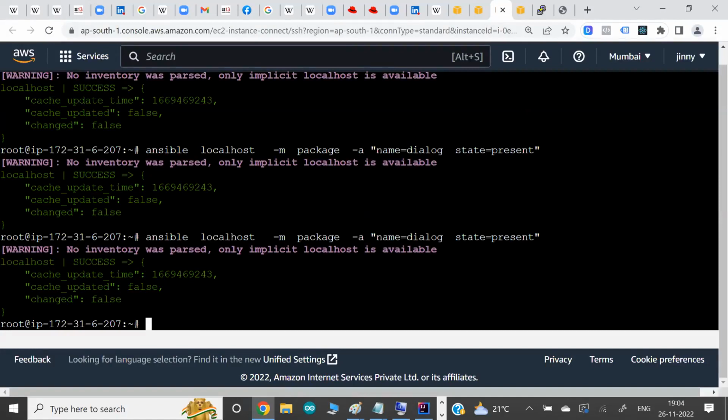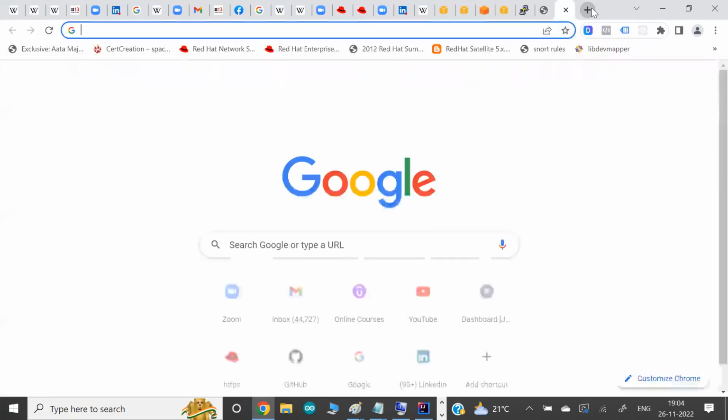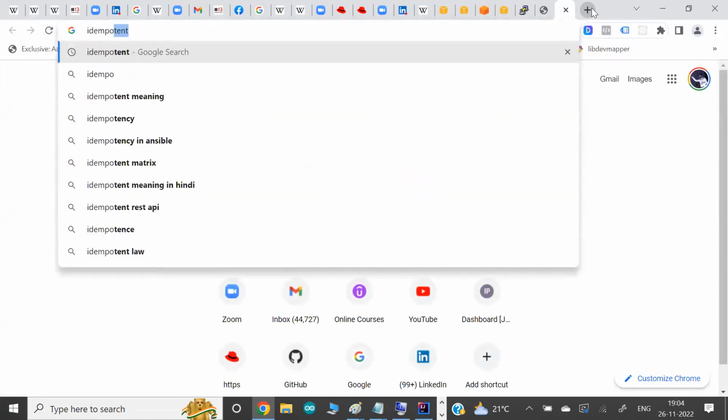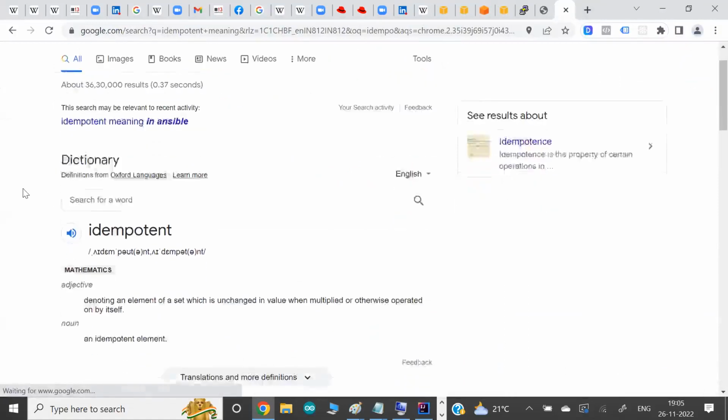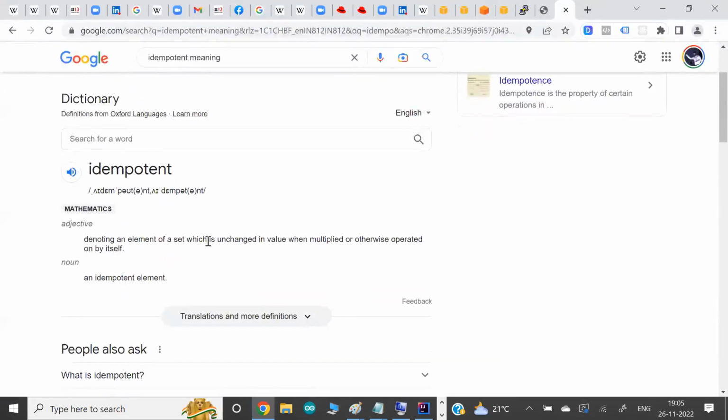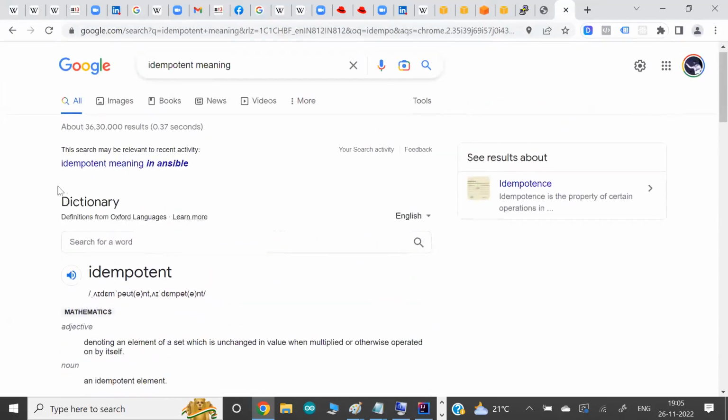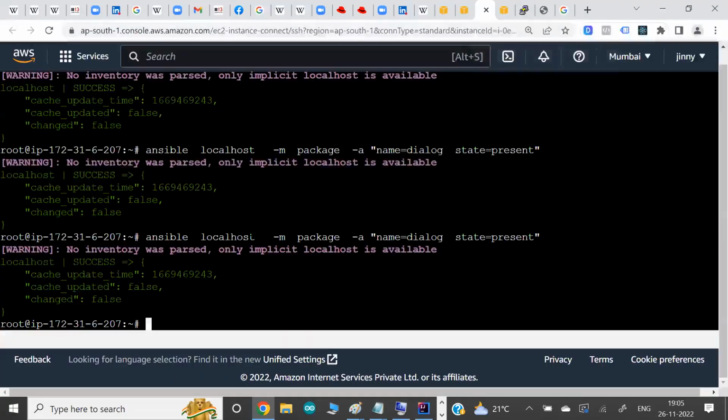This concept is normally known as idempotent, or the idempotency concept. If anything is unchanged, however many times you run it, it won't operate. So idempotency is one of the key facilities Ansible provides behind the scenes.